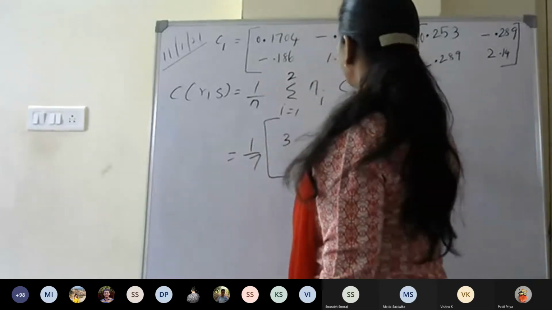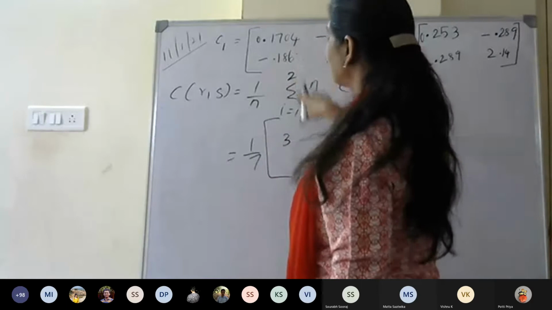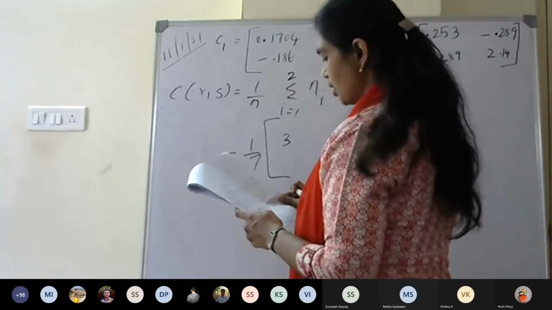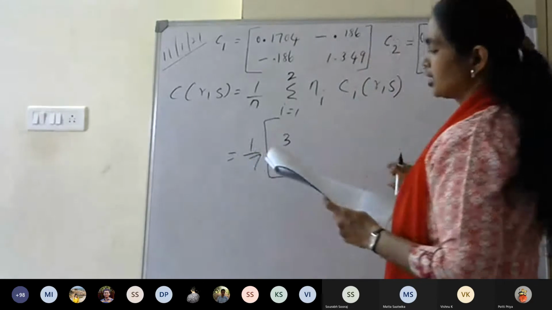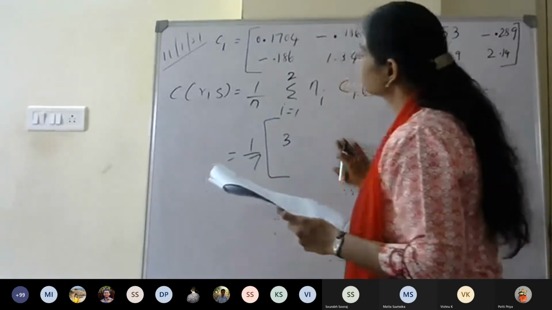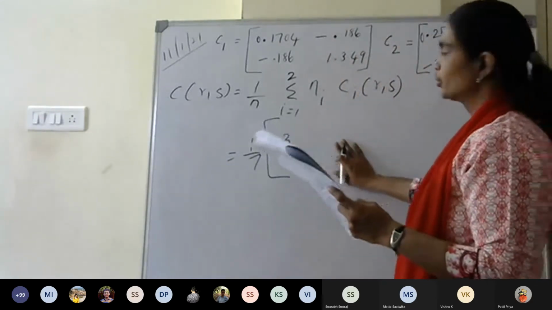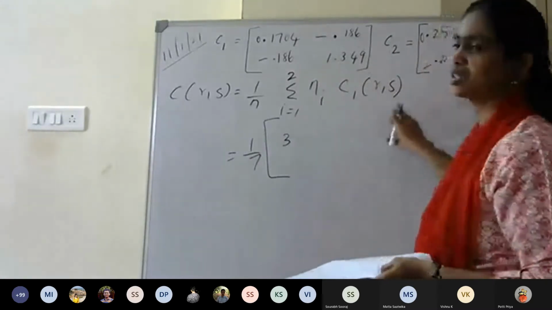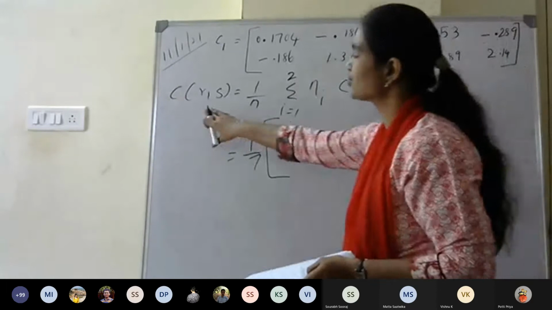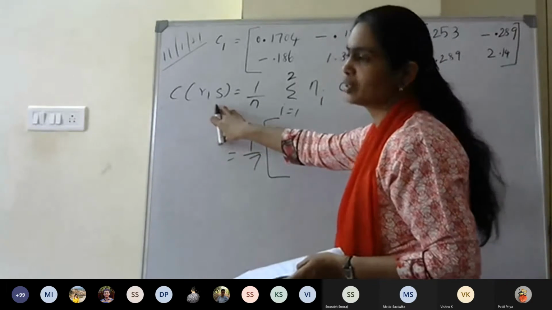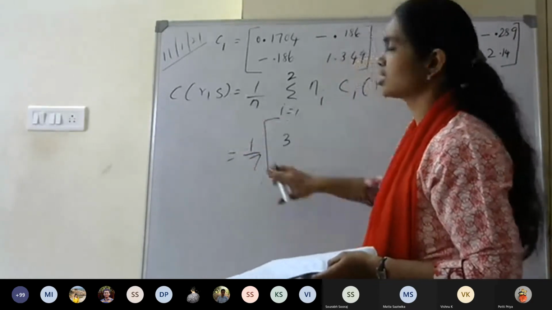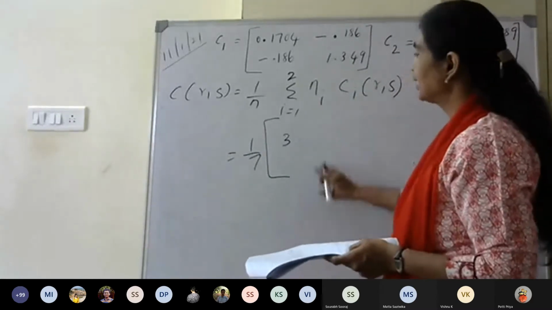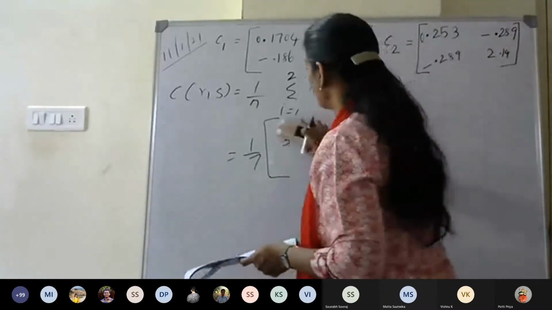this matrix. And in this matrix, first element I will substitute. What I will do is, we have to calculate for 4 elements. Since this is a 2 cross 2 matrix, you will be getting 4 elements for the C cross S. So what I will do is, I will calculate separately and then put it in this matrix form.